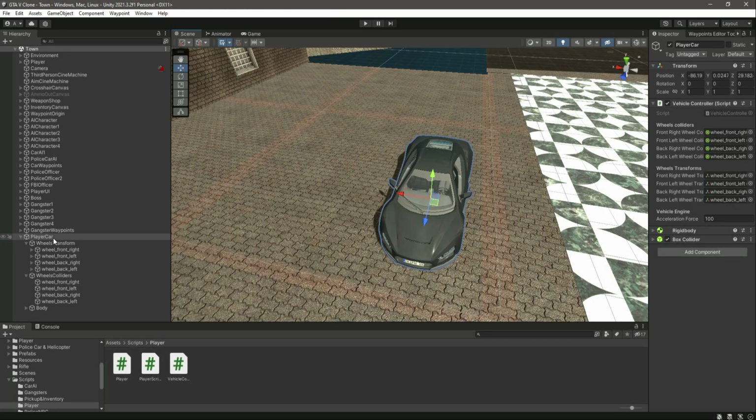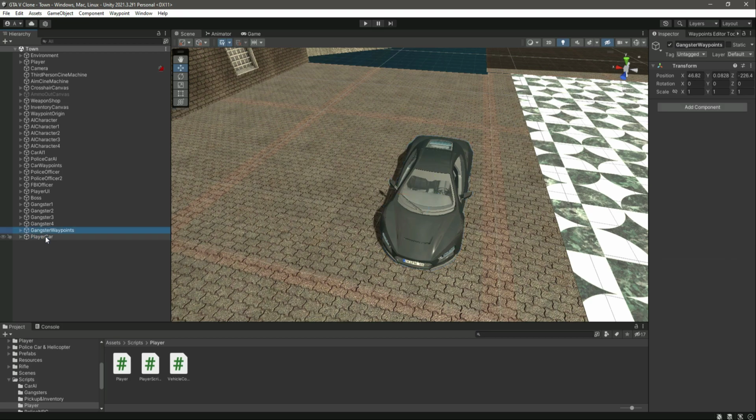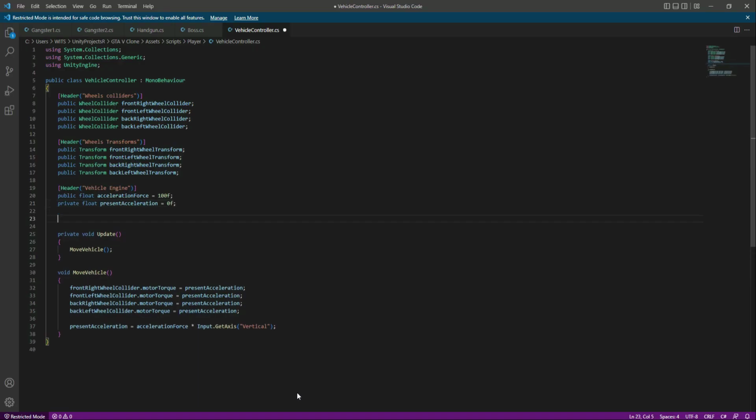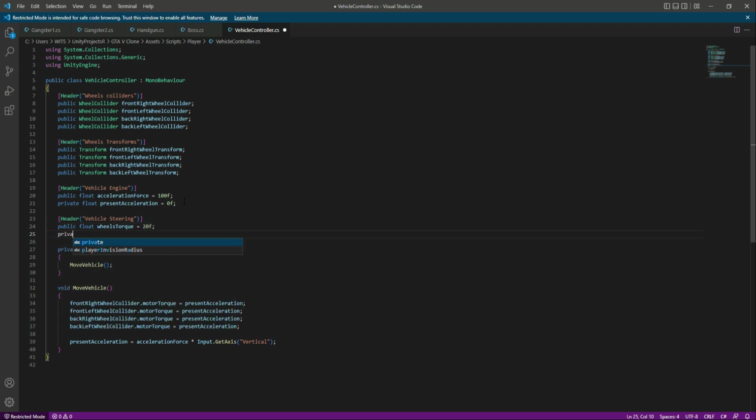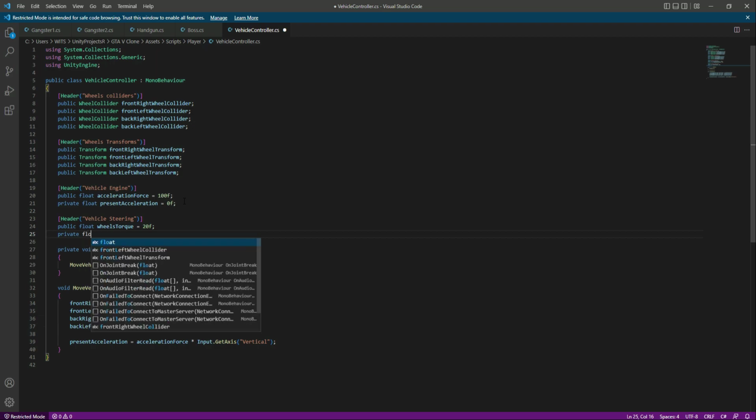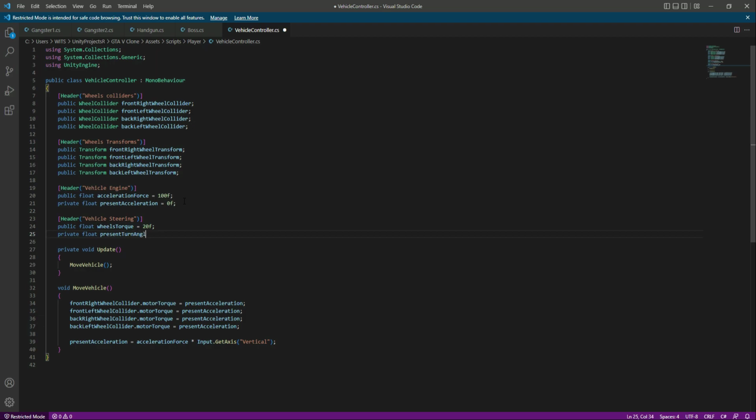Okay, so now in this video we will add steering to our vehicle. So let's open the script, and right here after this vehicle engine, let's create another header by the name of vehicle steering. In here let's create a public float by the name of wheels torque. This will be equals to 20f. Then after this let's create a private float by the name of present run angle, which will be by default